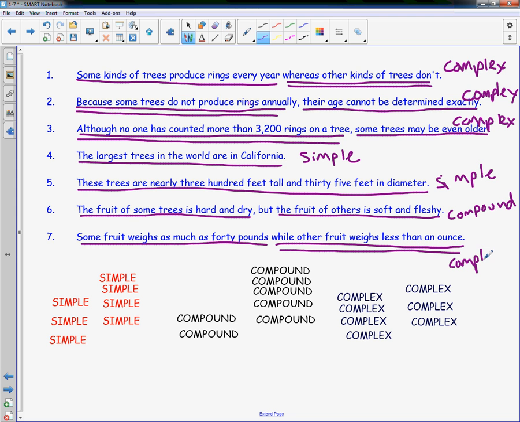Now just real quick, we're going to go through and circle our conjunctions just to show why it is what it is. So for the compound sentences, and, but, and or are going to be your coordinating conjunctions. There's more, but those are the ones we're going to use. For complex, you have subordinating conjunctions: whereas, because, although, and while.